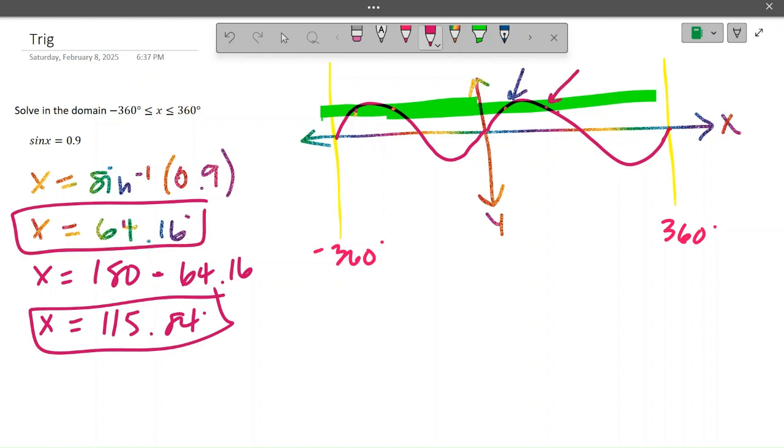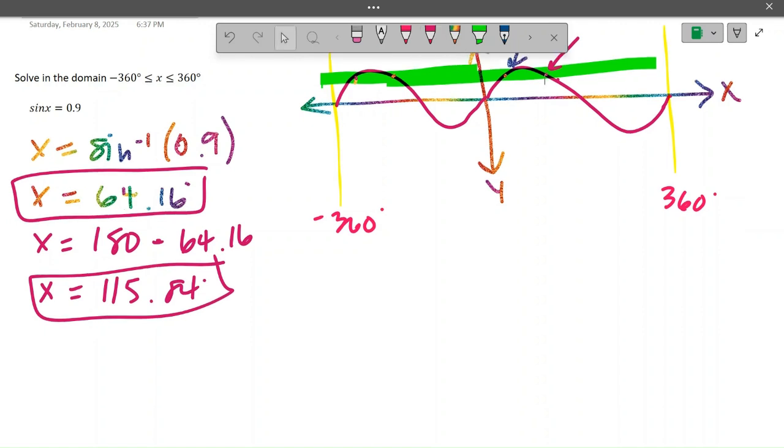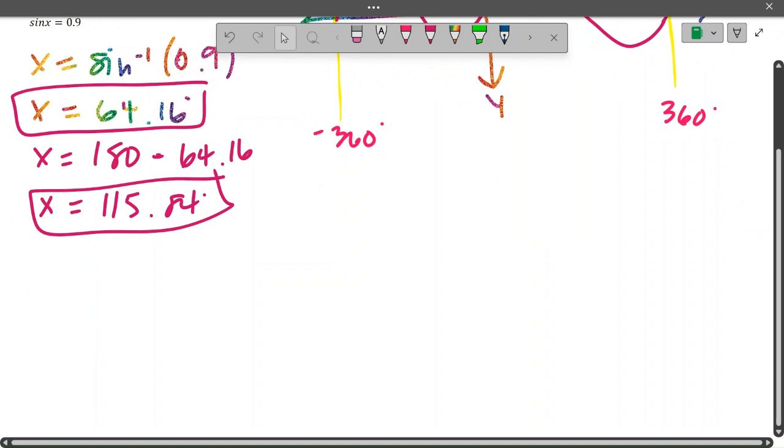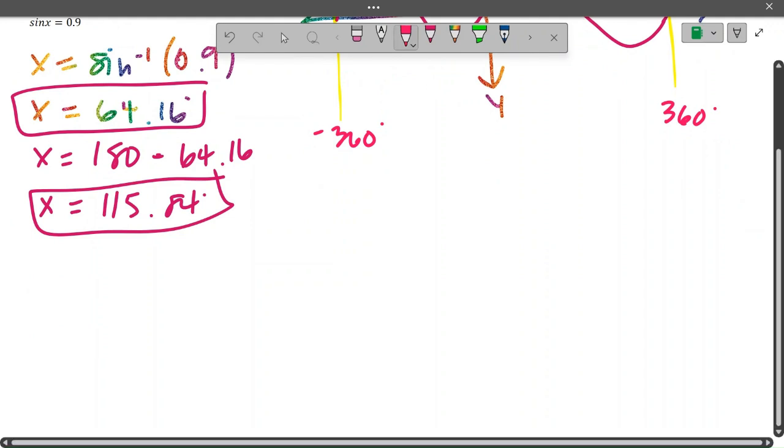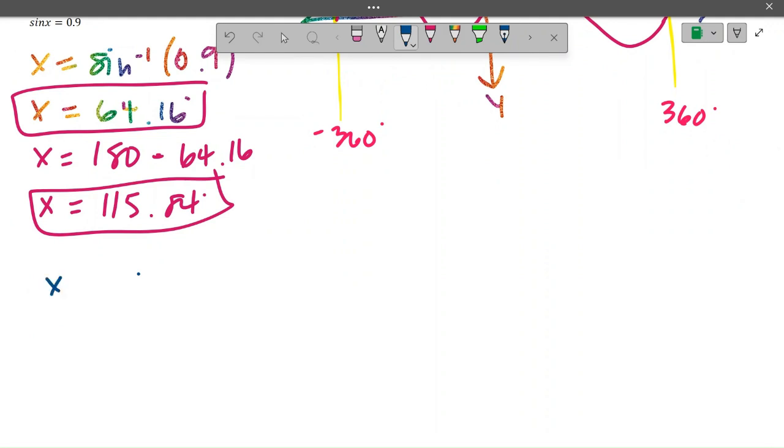So now I found the 2 solutions where the x values are positive. Now I need to find the 2 values where the x values are negative. Remember that the sine wave repeats exactly every 360 degrees. So what I'm going to do now is I know that in 360 degrees, moving in the negative direction from 64.16, I have another value that makes this true. So I'm going to come down here and I'm going to say x equals 64.16 degrees minus 360 degrees, because